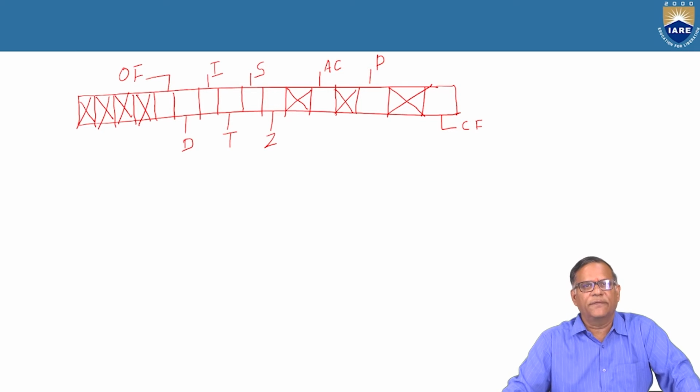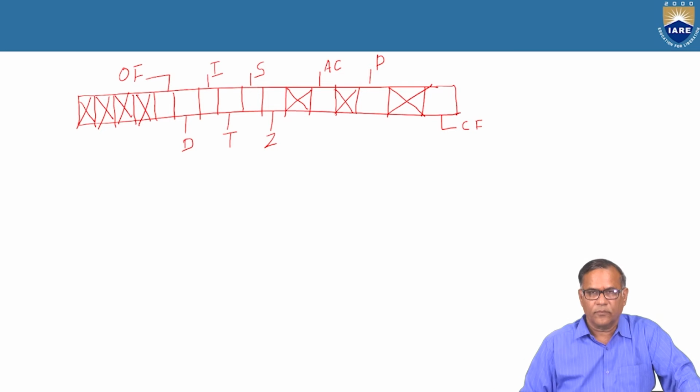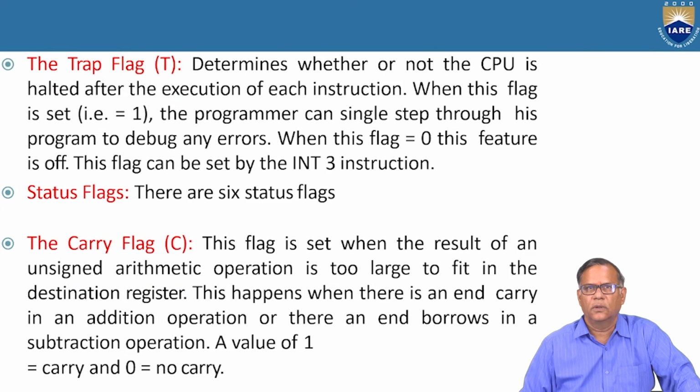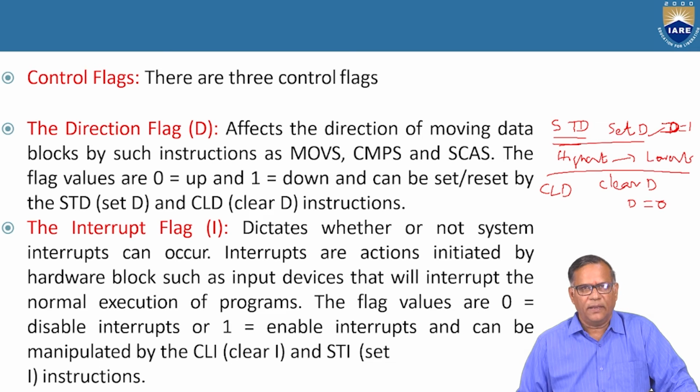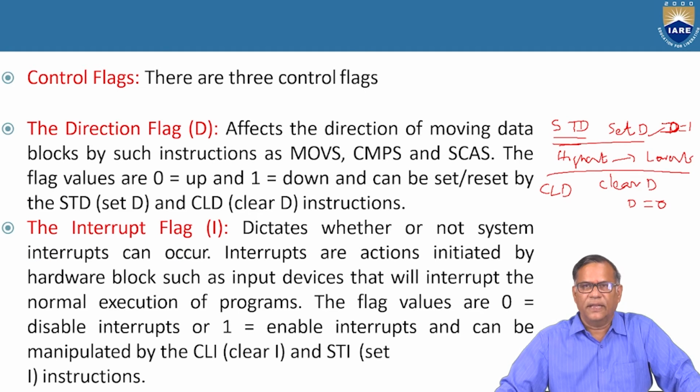Now we will examine the significance of these flags. So total we have 9 flags, and out of 9 flags, 3 are the control flags and 6 are the conditional flags. Now what are the 3 control flags? The direction flag, the interrupt flag and the trap flag. Now what is the direction flag? So this affects the direction of moving data blocks by such instructions like MOVS, CMPS and SCAS. And the flag values are 0 is up and 1 is down,